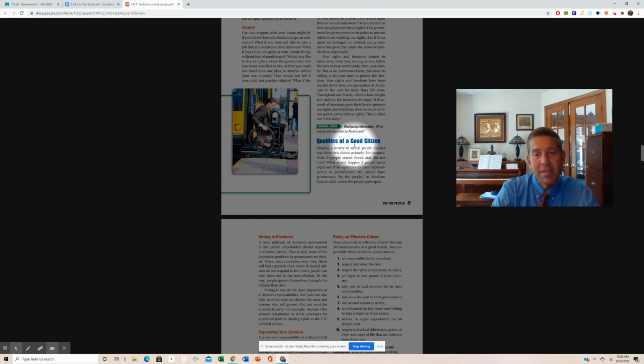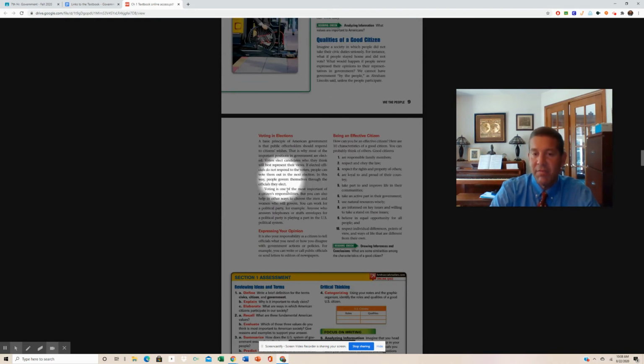So, if you are a citizen of the United States, if we live here and we've been born a citizen or we become a citizen, what are the qualities of being a good citizen? What does it mean to live in the United States and be a good citizen? And so the textbook then finishes that very short part of chapter 1, section 1 and says, well, we need